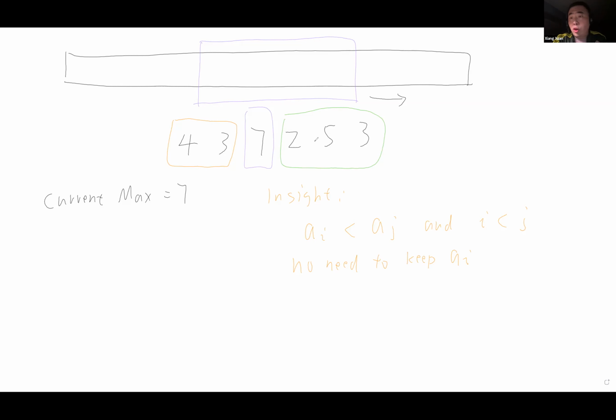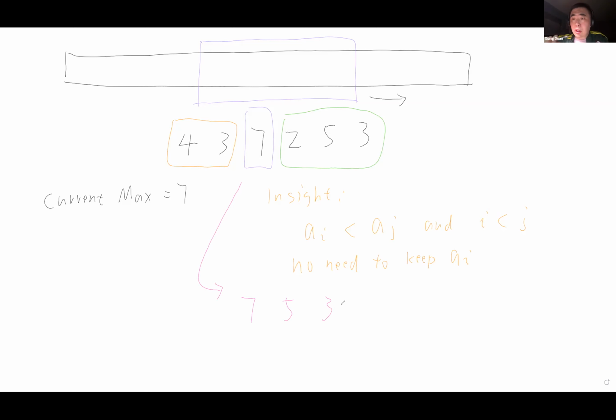Just think about this, 4 and 3, right? As long as 7 is in the current scope, you will never need the 4 and 3. So by doing this, eventually we can reduce this to 7, 5, 3. And also, if we look at this, they are forming